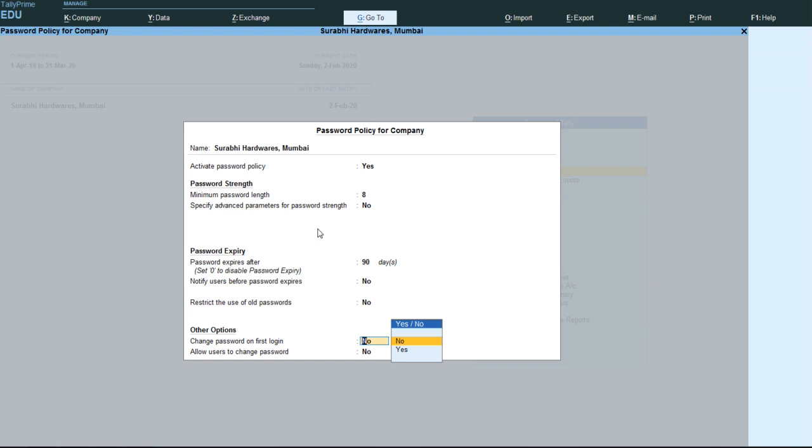If you enable this, once you create the username and password, then after login it will ask to change the password. Allow user to change the password: if you enable this option, the user will also be able to change their password. Otherwise only the admin will have the rights to change the user password.